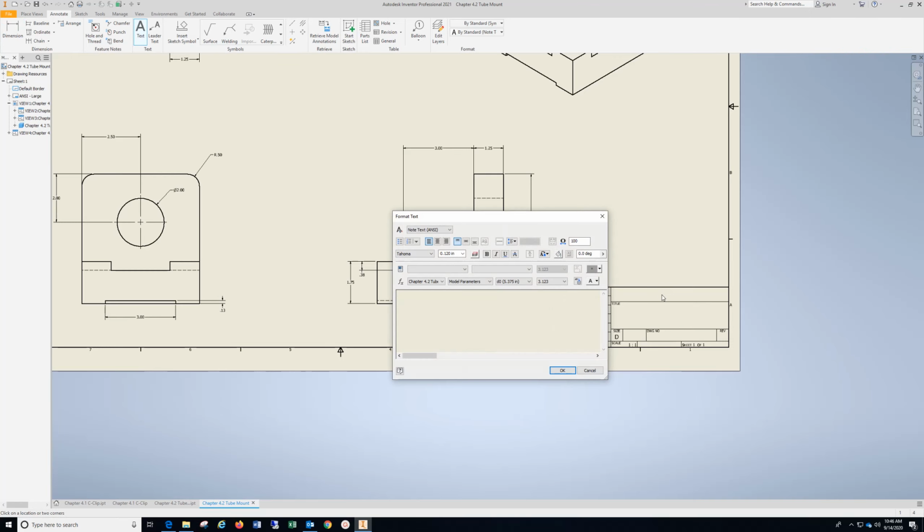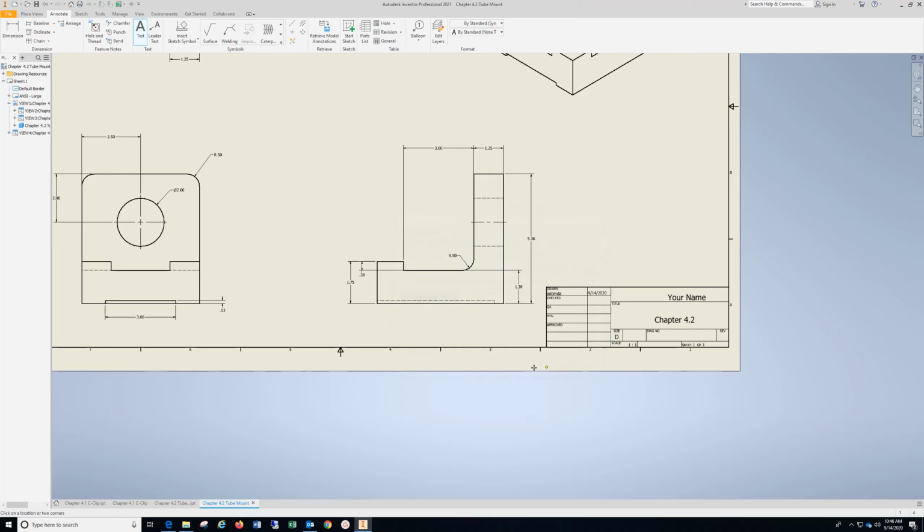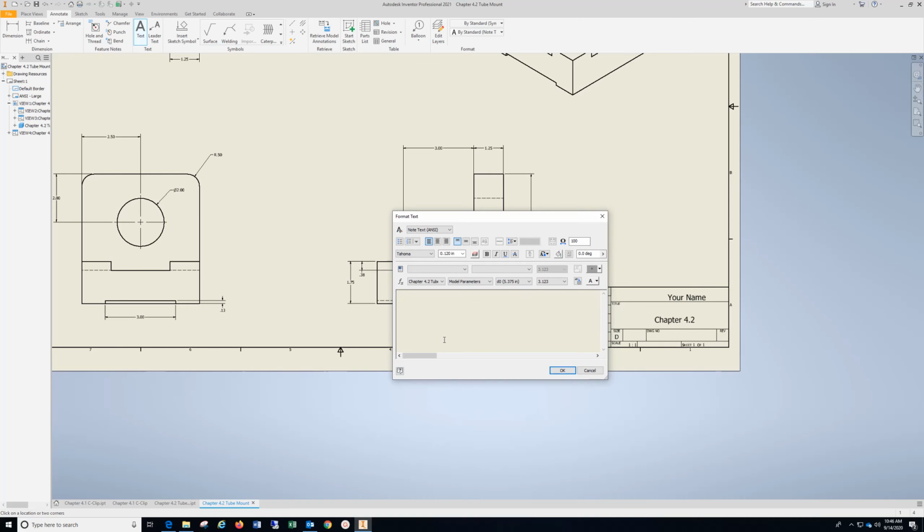Go to text, come in here, store name, highlight, hit OK. This will be chapter 4.2. I'm going to highlight it, drop down, hit OK, come over here,